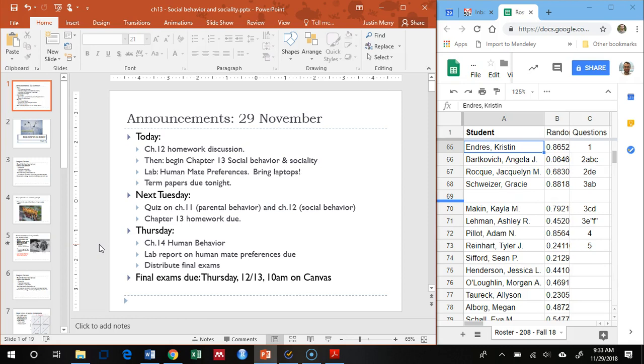I will be distributing the final exams at that time. So you're getting them Thursday, and then our final exam slot, I think, for this class is Thursday morning at 8. So at the end of that period would be Thursday at 10 on the 13th, and that's when the exam will be due. Whether or not you are physically present on campus doesn't really matter, because we're submitting electronically. I think that is everything.